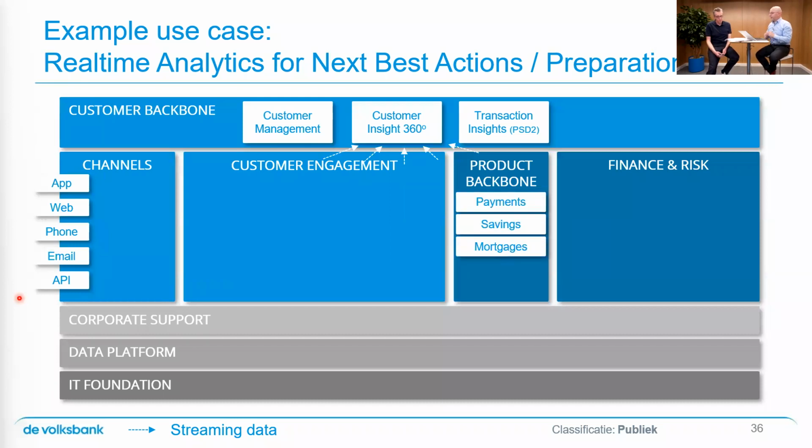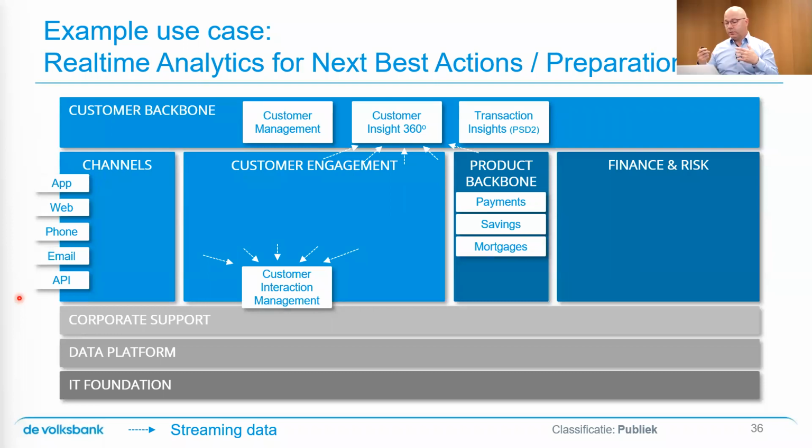We have our product backbone, where we have capabilities that manage our products and services. And we have our customer interaction management here, where we capture all the information that a customer has from an interaction point of view. So did I do something in an app or a web? Did I send an email? Did I call? Whatever. It's recorded in the customer interaction management. So this is the context for allowing next best activities or next best actions to be defined. Because I need some basic information to work with, right?